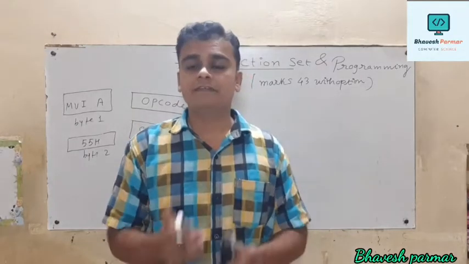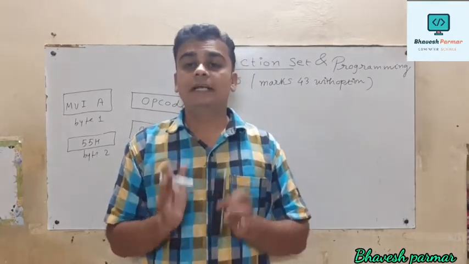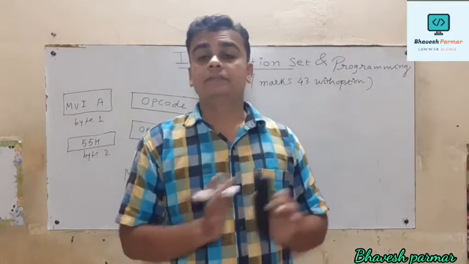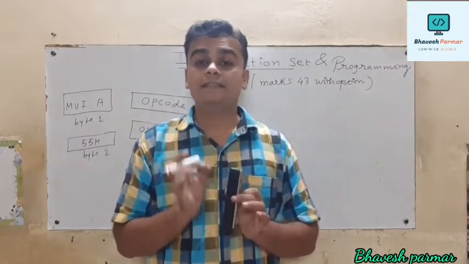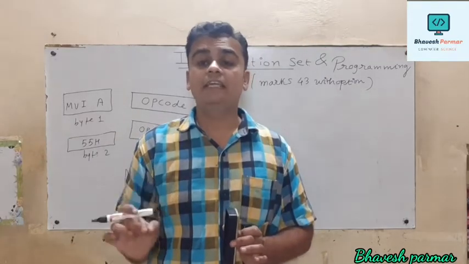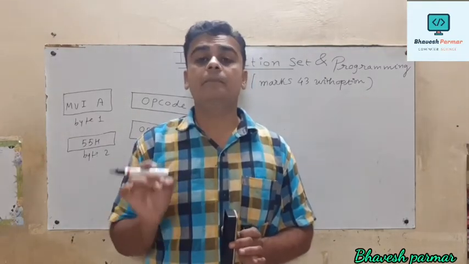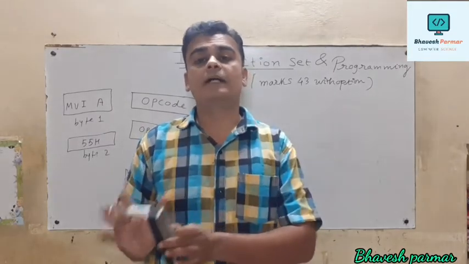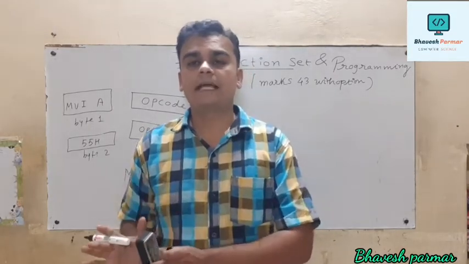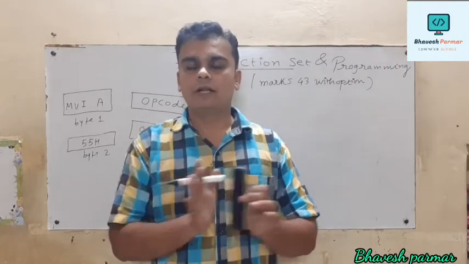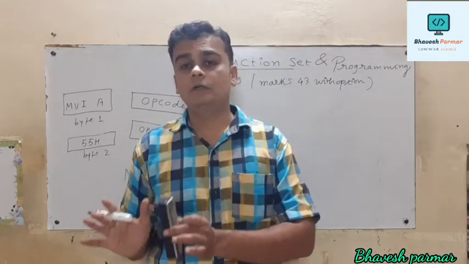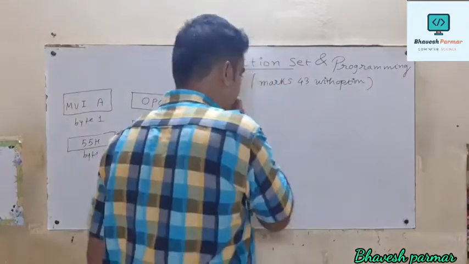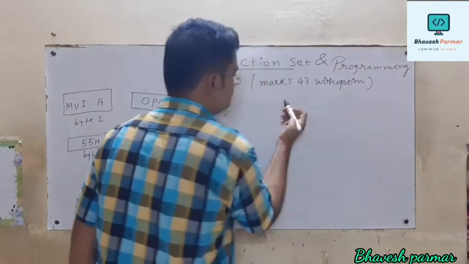And how can we identify whether it is data or a register? Data is represented by a 2-digit hexadecimal number. For a 3 byte instruction, note that if we are going to perform an operation on a 16-bit address, then we know that 16-bit means 2 bytes are separately reserved for that address. So the opcode requires 1 byte and the operand requires 2 bytes. How will it be stored? I will show you on a board, so that it is easy and clear to you.